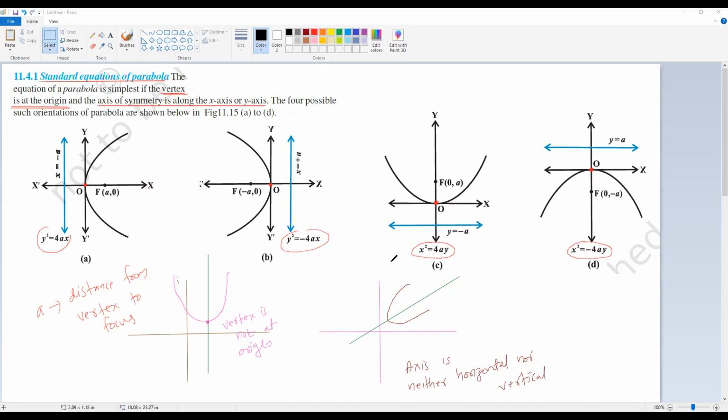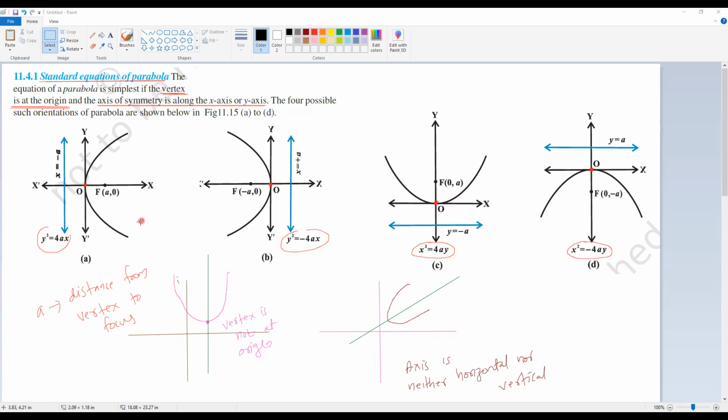मैं आपको जल्दी याद रखने के लिए, आपने quadratic expression पढ़ाई किया था, quadratic equation और quadratic polynomial, quadratic polynomial का graph आपने 10वीं में पढ़ाई किया था, always U shaped graph है। So quadratic में क्या आ रहे हैं, ax square plus bx plus c, x square आ रहे हैं, तो x square आएंगे तो इधर open up होगा और open down होगा, ऐसे याद रख देना। So x square is equal to 4ay open up, x square is equal to minus 4ay open down, y square is equal to 4ax open right, y square is equal to minus 4ax open left।